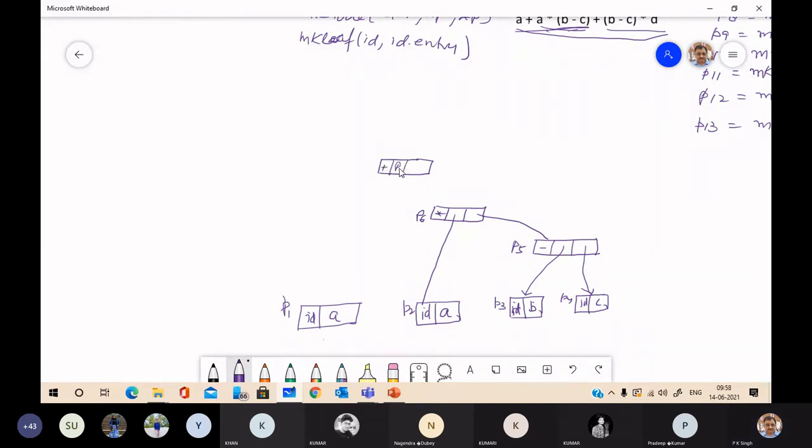Plus P1 and P6. So link to P6, link to P1. Then again we are computing.